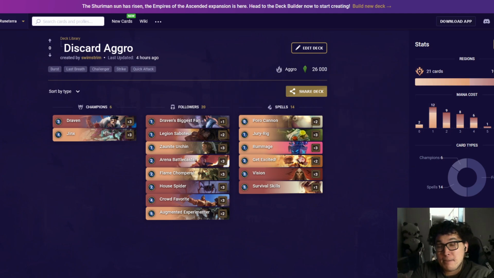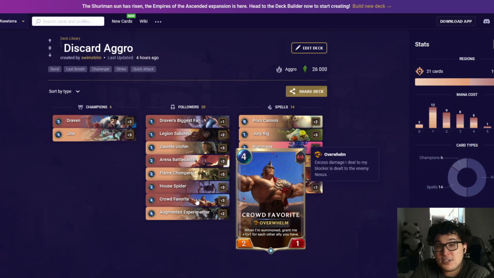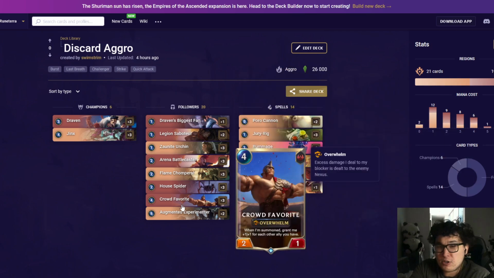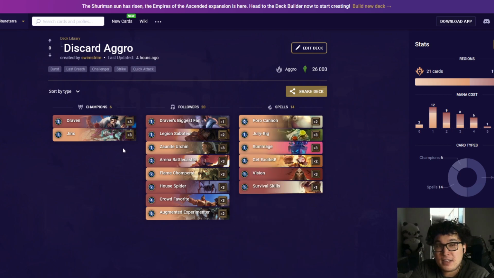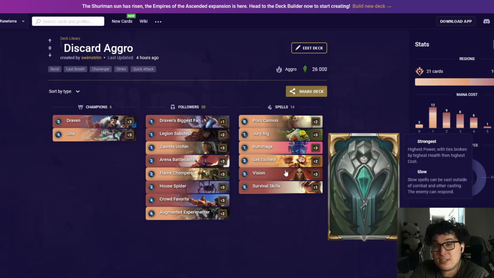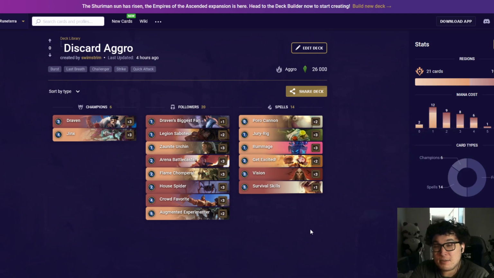So Discard Aggro might be on its way down a little bit. But on Discard Aggro, this deck is actually a little bit more complex than the Pirate Burn deck. We are trying to swarm and go wide so that we can combo with discarding Vision or buffing Crowd Favorite, putting on early aggression, and usually when our board or our Crowd Favorite is dealt with, we pivot into trying to level up the Jinx or use Augmented Experimenter, burning a couple spells at face with Get Excited, and